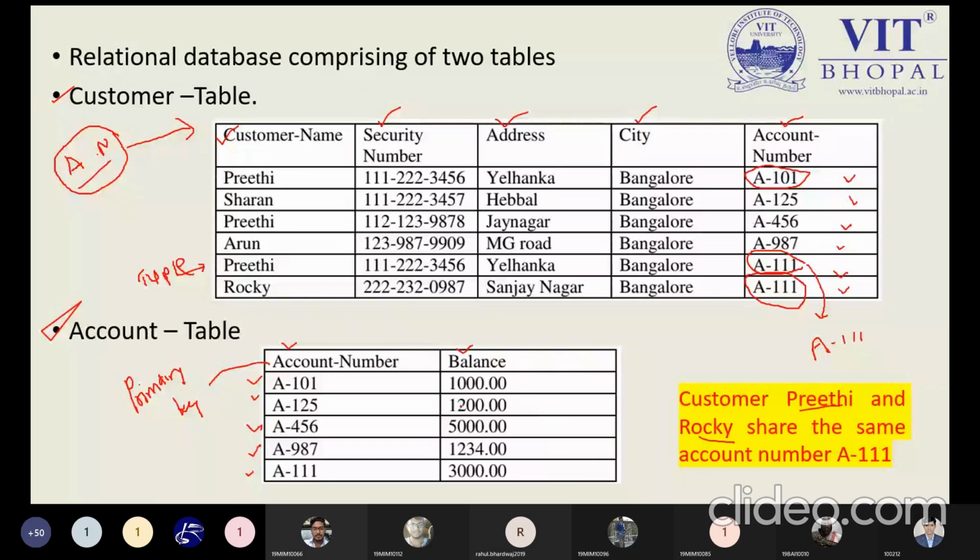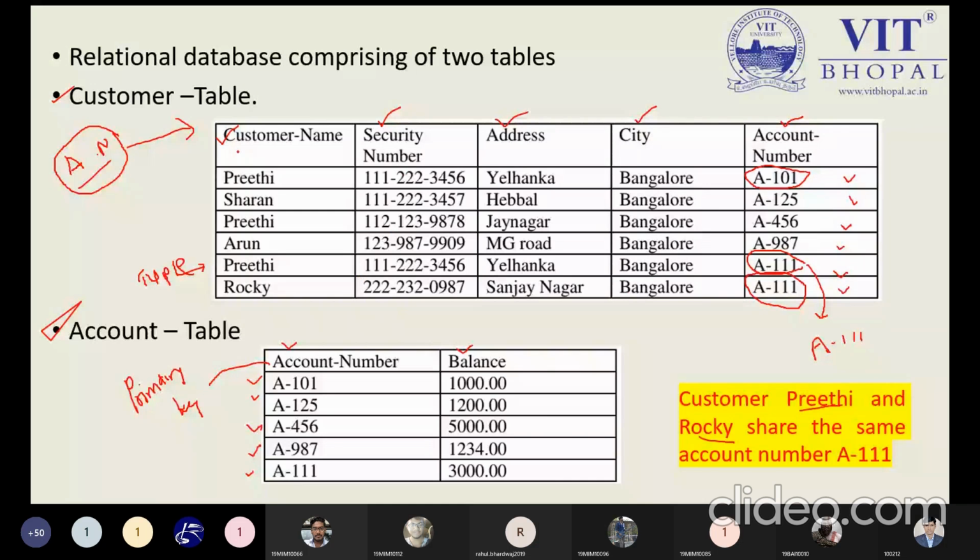Customer name can be duplicate, because we have multiple entries over here. Security number we also have multiple. Address we can also have multiple. City can also be multiple. Account number could also be multiple, because two different customers can share an account number, as they have a joint account facility. So in the customer table,